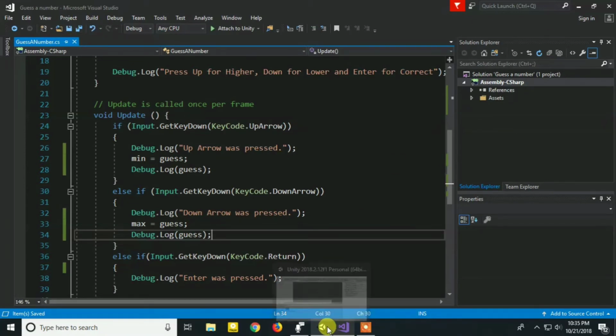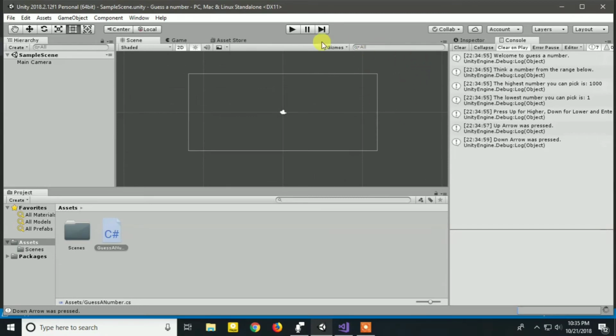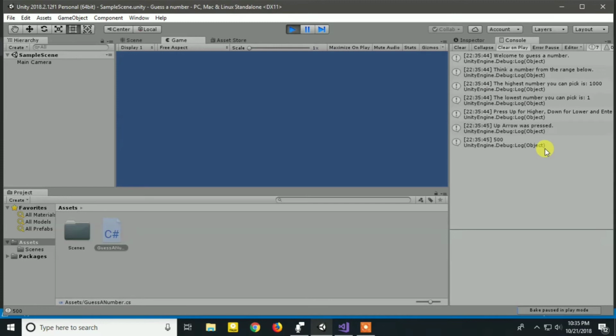Now save and jump back to Unity. Hit the play icon and check. While pressing up, we get our guess value 500, and by pressing down we get our guess value 500. Now we have a guess variable ready to use.